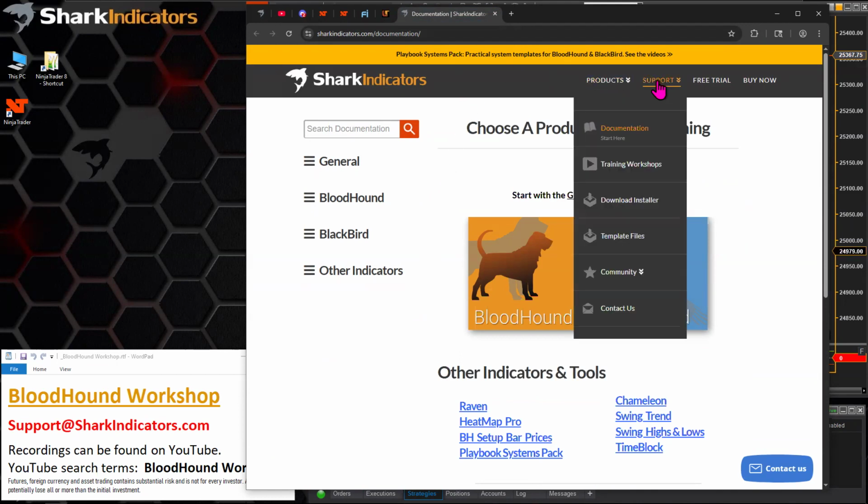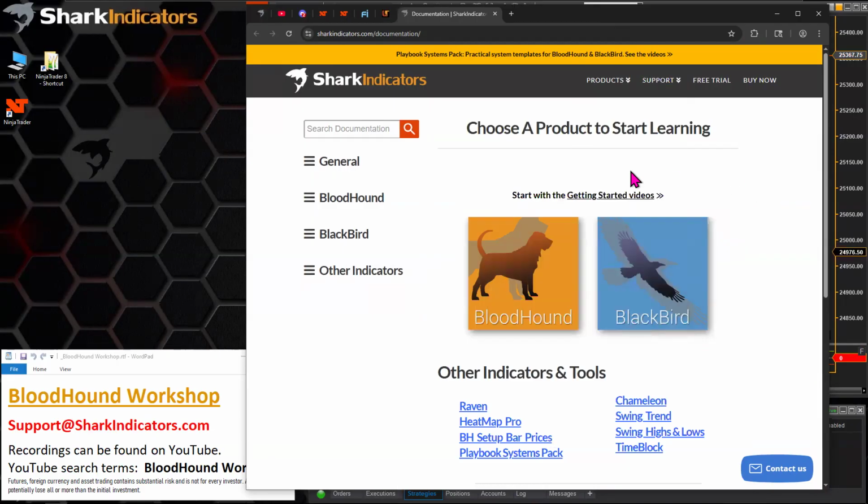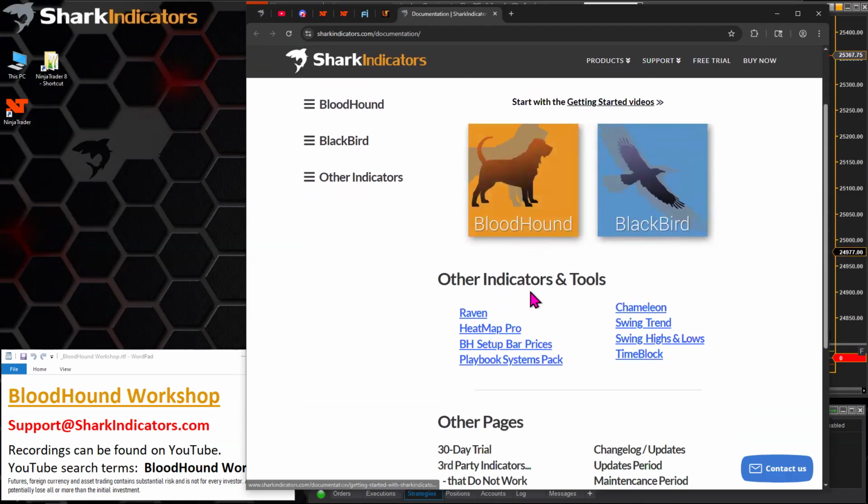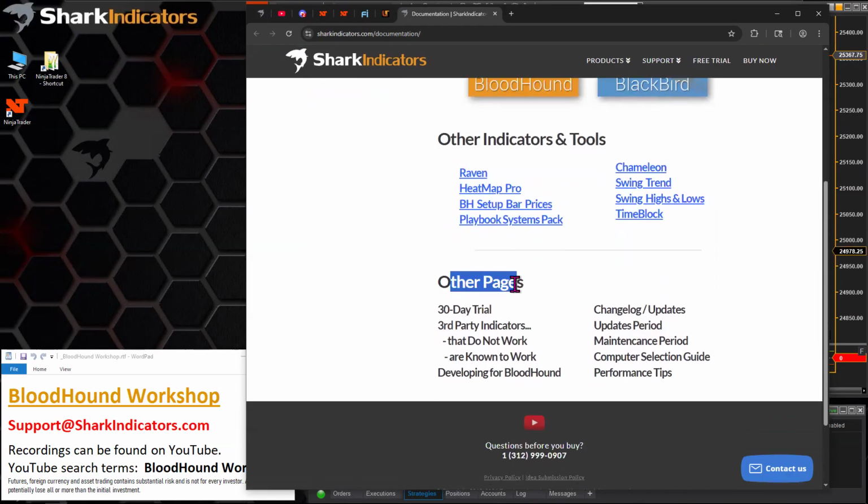So if you go to support and then just go to documentation, this is basically a launching point from all the other places on the website here, right? So you can see the buttons. Anyways, if you scroll down to other pages,